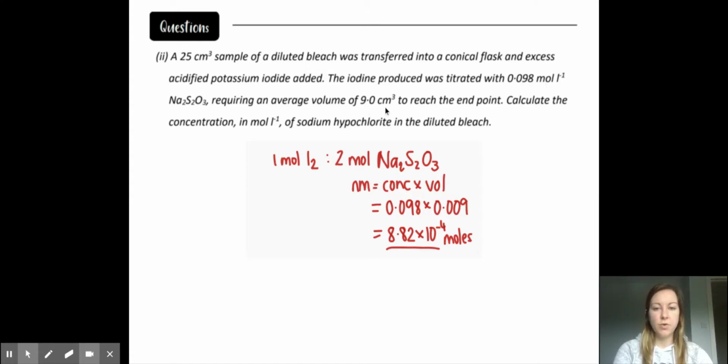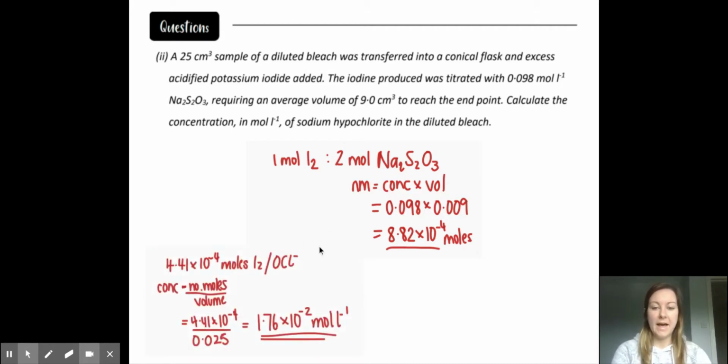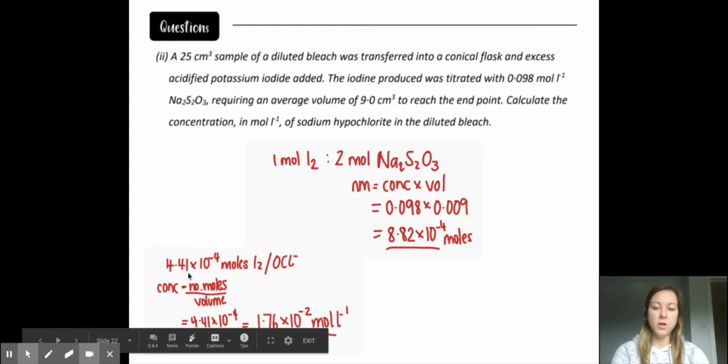And our average volume of the titre is 9 centimetres cubed, which of course we have to transfer into litres, which gives it 0.009 litres. Our number of moles of sodium thiosulfate is therefore 8.82 times 10 to the negative 4. So if we work backwards, how many moles of iodine is going to react with that? Well, it's going to be half the amount because we have a 2 to 1 mole ratio. So if we half 8.82 times 10 to the negative 4, we get 4.41 times 10 to the negative 4